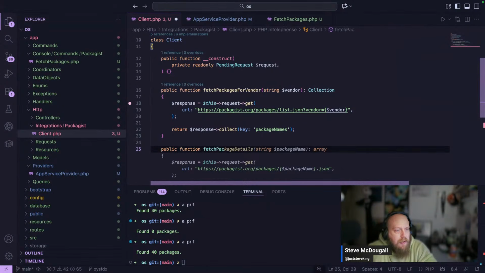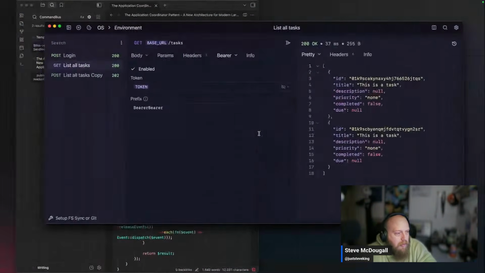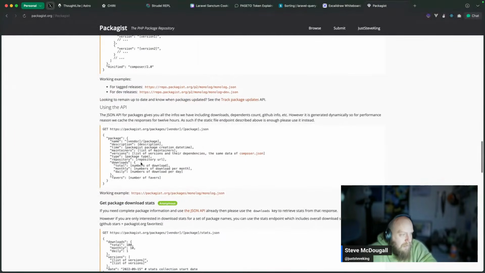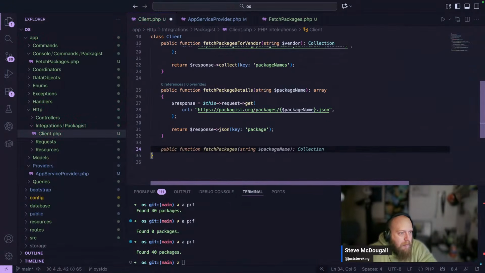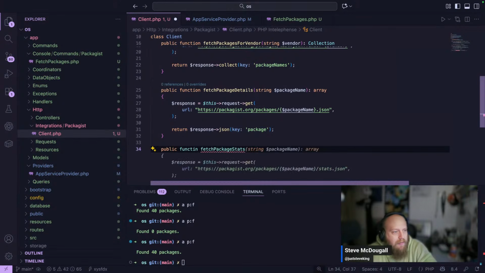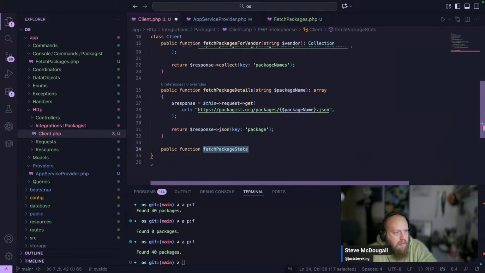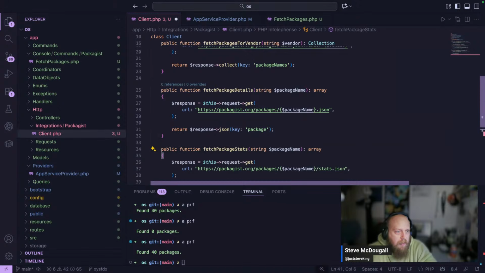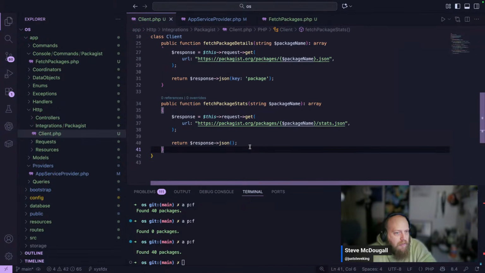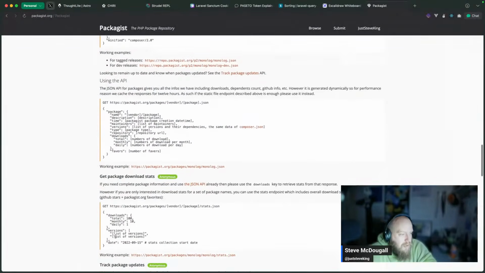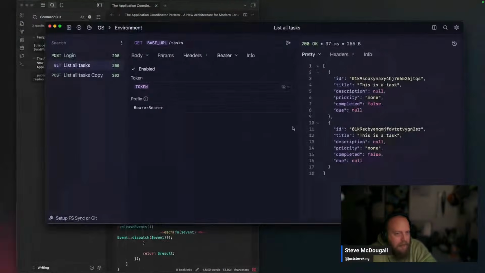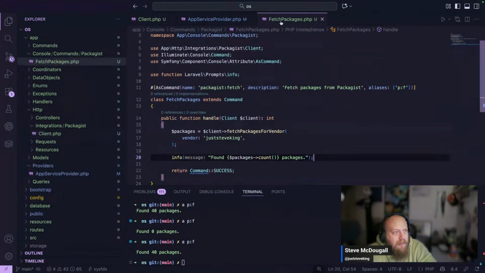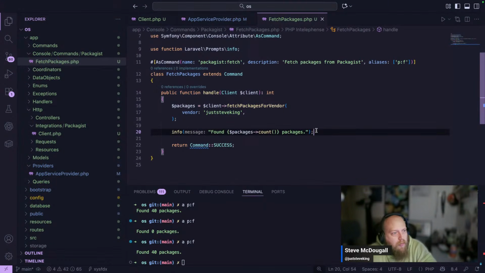So, fetch package details, package name. Yeah, that should be fine. That is that. And then we're going to have a public function, fetch package stats. Package name, stats. That's going to return JSON. That's fantastic. Okay, so next up, once we've got all of the packages, what we want to do is